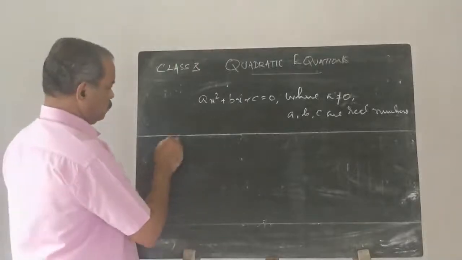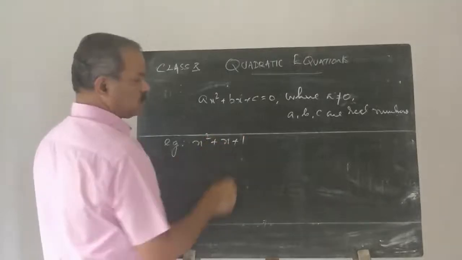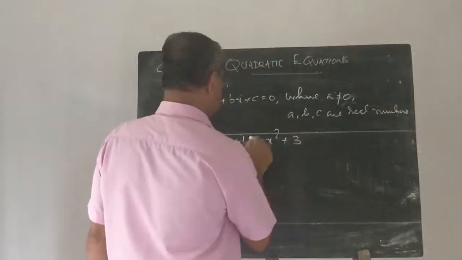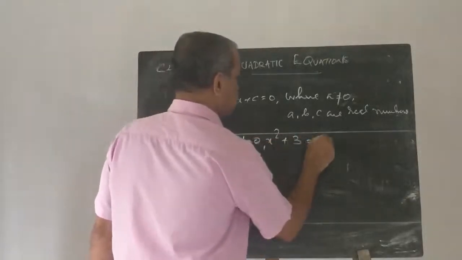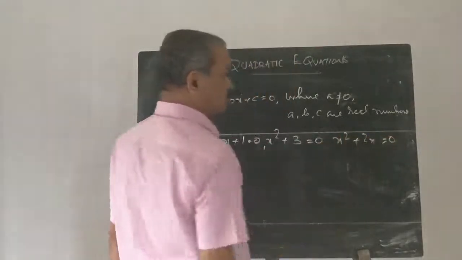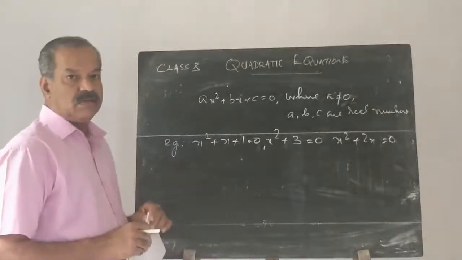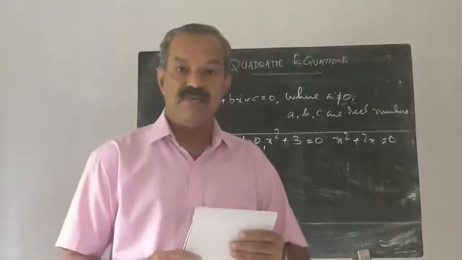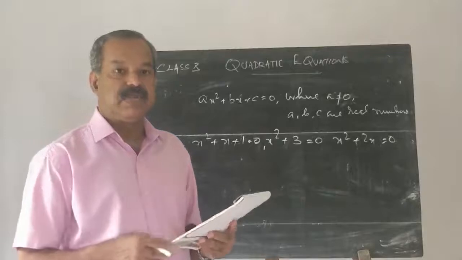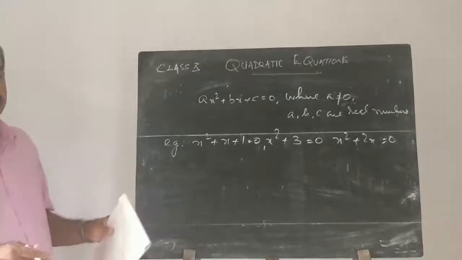For example, x square plus x plus 1, x square plus 3x equal to 0, x square plus c equal to 0, x square plus 2x equal to 0 are quadratic polynomials. Now let us see how we can frame or represent a given statement in the form of a quadratic equation. For example,